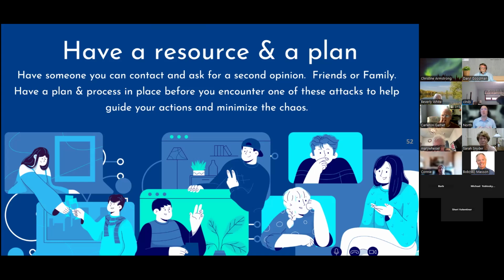Again, because it's going to be that fear, uncertainty, and doubt. You may have your anxiety level increased, but if you have that point of contact to talk you off the ledge, if you will. I have two or three that I go to when I think, oh my gosh, I think this is a thing. They'll help talk me through it and look at it with me to help bring my anxiety level down. I'm a seasoned professional and I still get anxious when I see things that are really sophisticated. So even the best of us have these resources. So it's really good to cultivate those resources now before something happens. As they say, the best time to buy a fire extinguisher is before the fire, not when it starts, right?